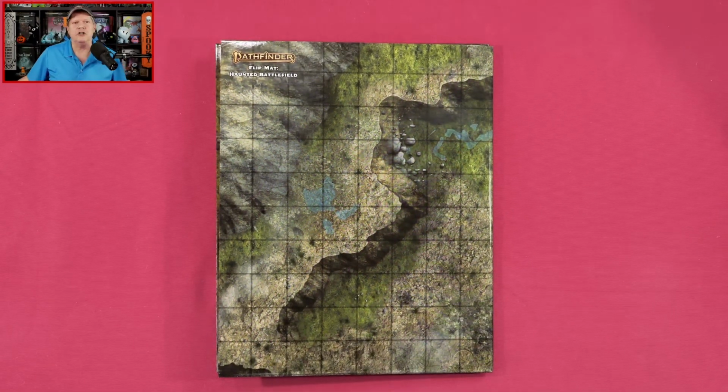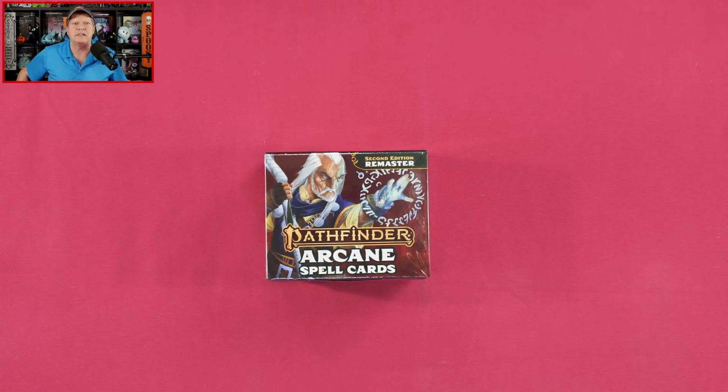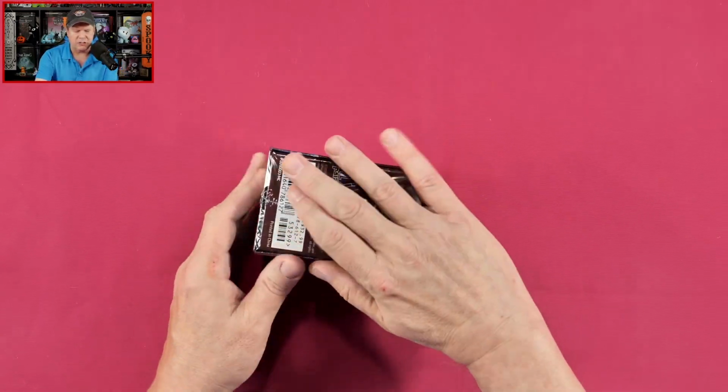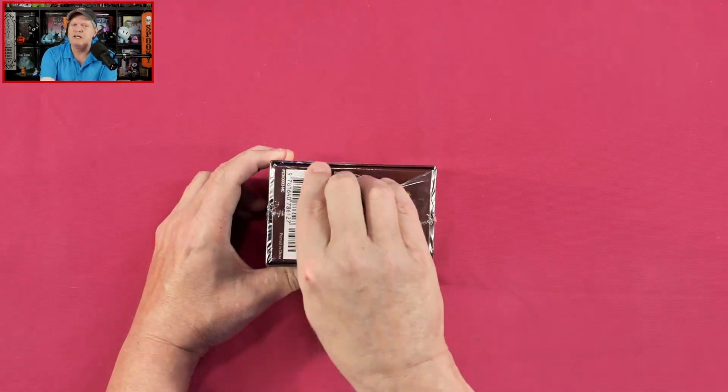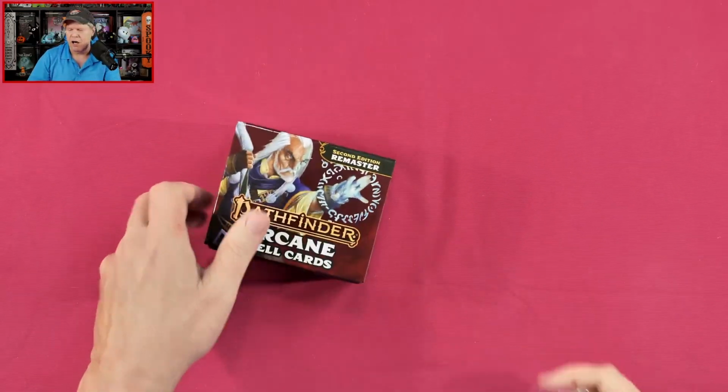Next up, we'll be taking a look at the Pathfinder Arcane Spell cards. These will carry an MSRP of $32.99. You'll be able to grab them in PDF if you'd like for $14.99. And as I always mention, these are really handy, especially for game masters out there, because what you can